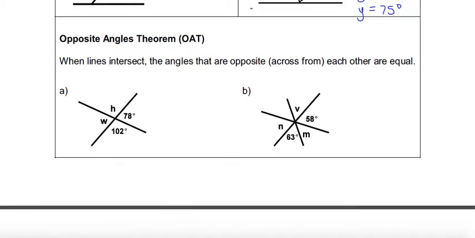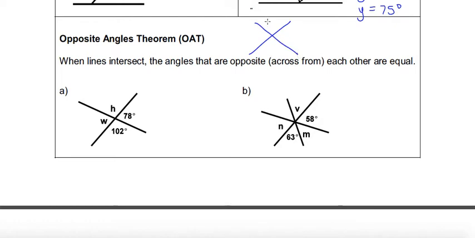Another property that it's important for you to understand is what we call the opposite angles theorem. Sometimes this is referred to as the X property when you're looking at angles, but opposite angle theorem is the actual mathematical term for these angles. When lines intersect, and they cross each other, the angles that are across from each other are going to be equal. So if I was to draw a little diagram here,